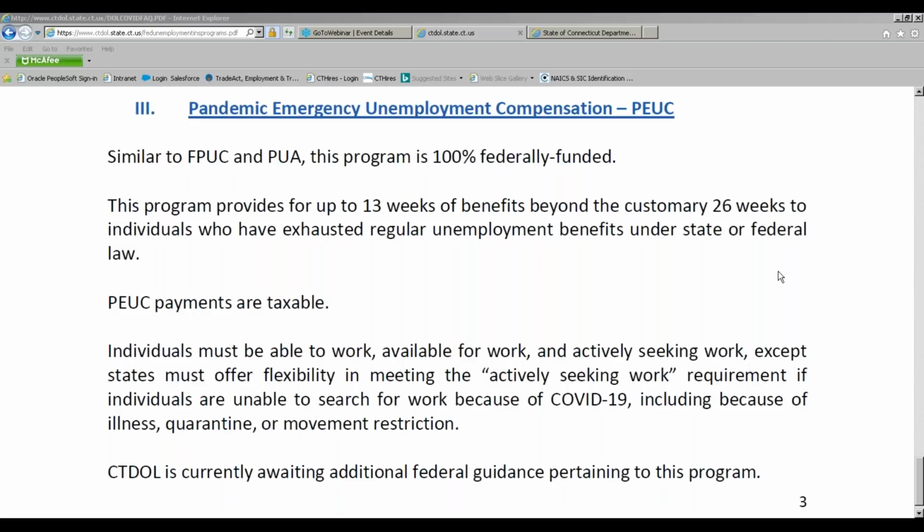First one is, and we're getting a lot of people asking about the $600 federal payment. And again, I may be repeating myself here, but it's important to know because it is one of our more popular emails and questions. We are currently in the testing phase and hope to make these payments shortly. Again, the first week eligible for this payment is going to be for the week ending April 4th. Payments will be made retroactively, starting with the April 4th payment.